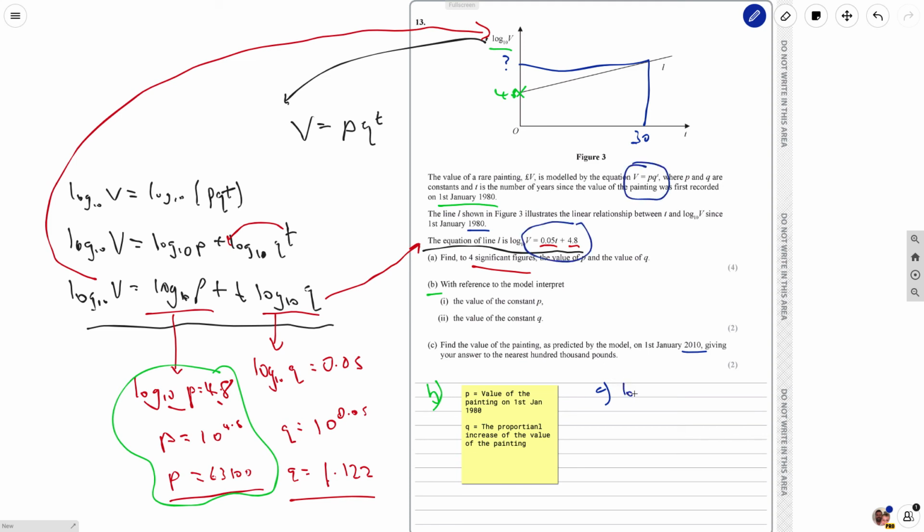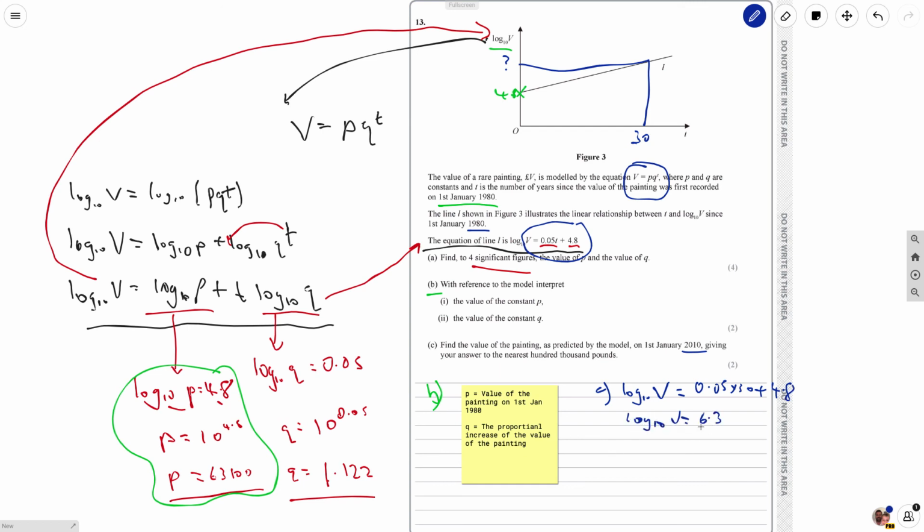We're going to get log to the base 10 of V equals 0.05 times our value of t, which is 30, plus 4.8. So pop that in our calculator,